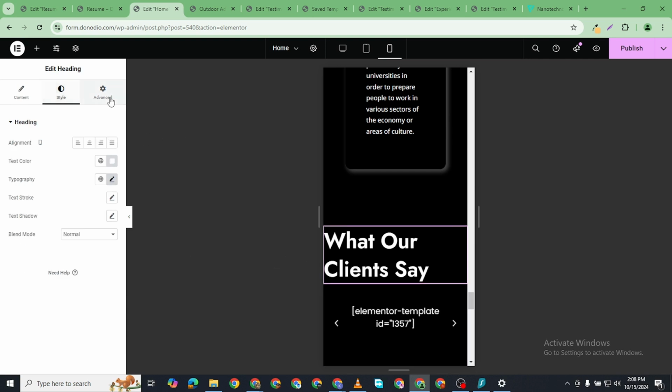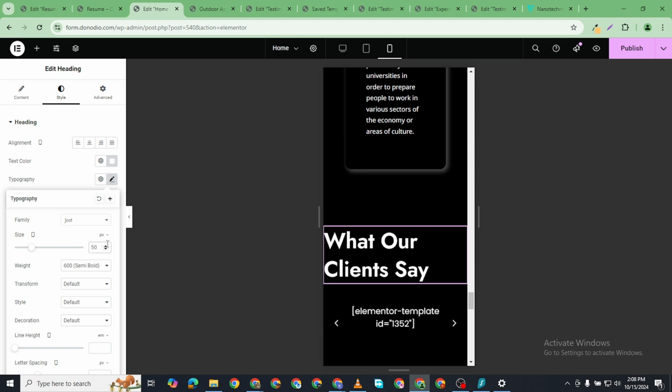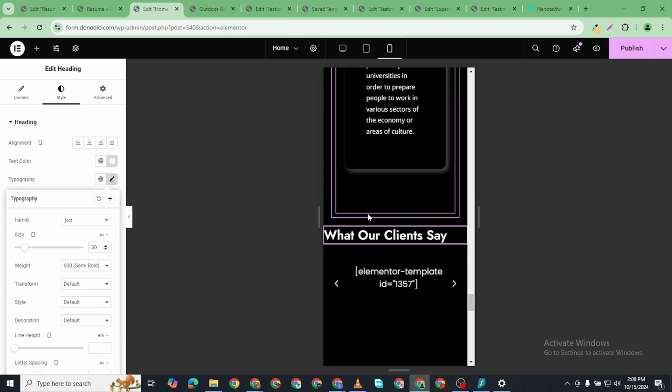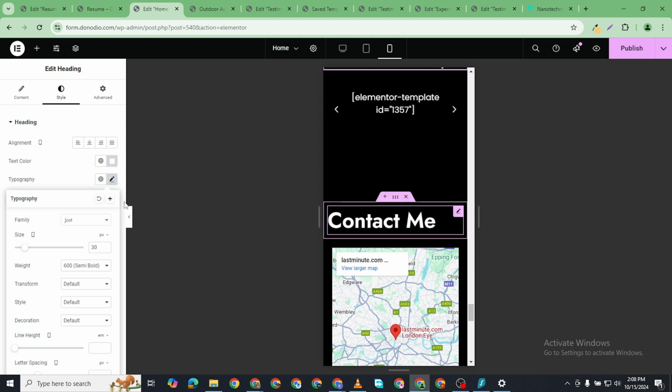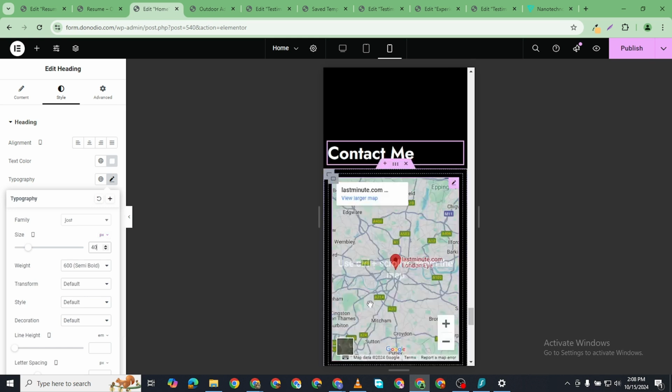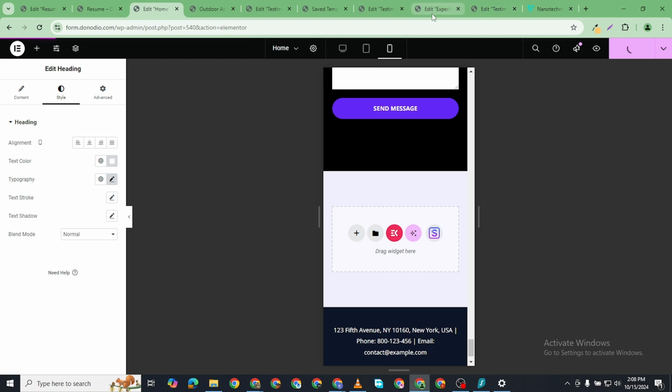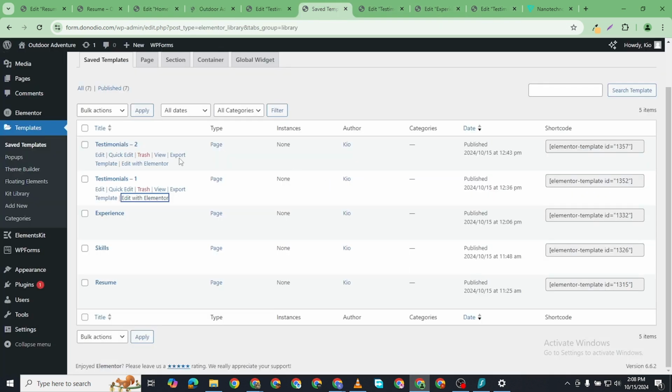Let's do this. For this, I'll make this 40, or we can reduce it even. I will say 30 here. For this, I'm going to make this 40. And then that is that. So we now come to the templates, save templates. For resume, if we come and edit this with Elementor,